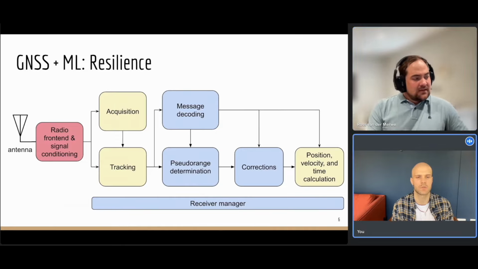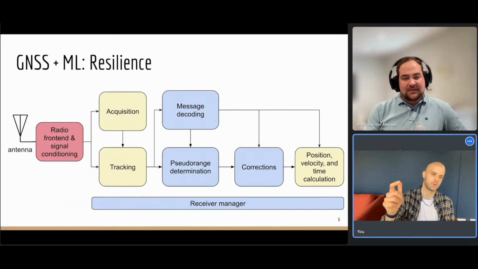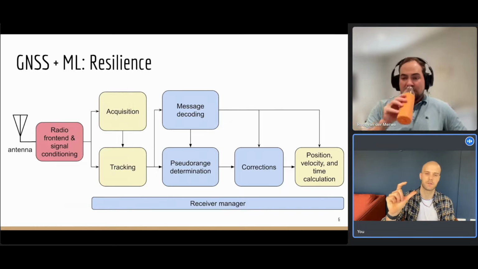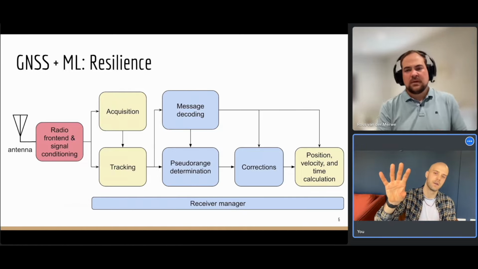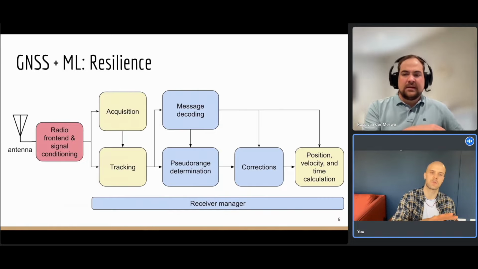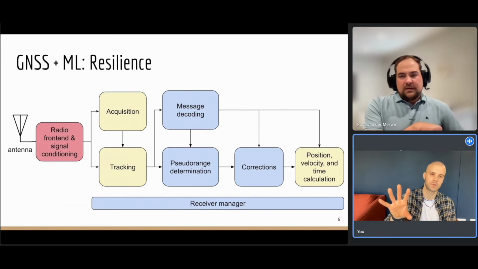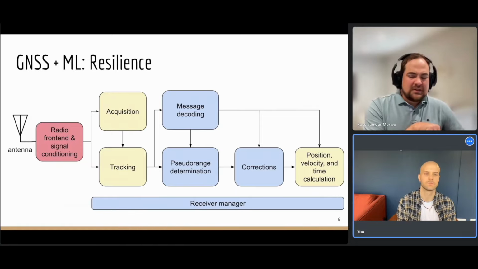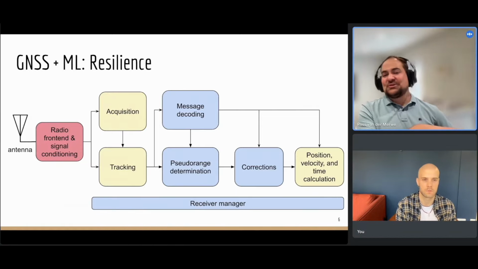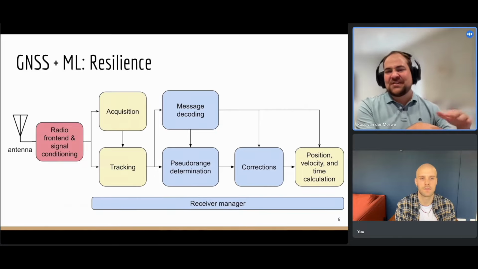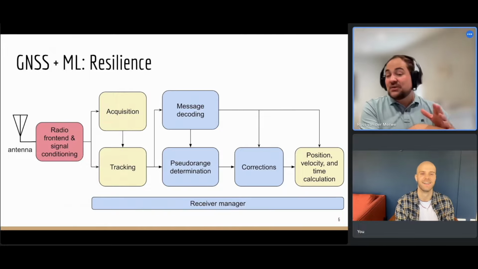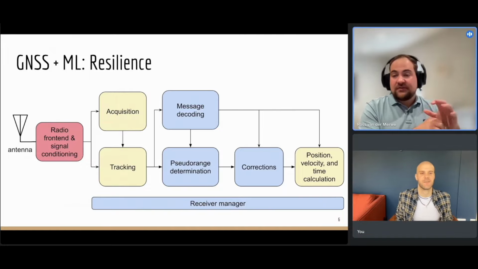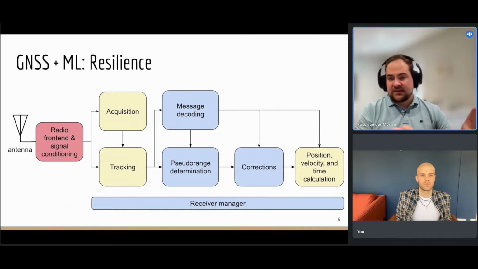So I can imagine, Ross, here, the color is proportionate to how much you can use ML in that specific block. And then message decoding, pseudo-range determination, and correction is basically where it is not used. Is it correct? It's not used. I would say it's dangerous to say it's not used there. I'll probably say, yes, definitely, they'll never use it there. And then tomorrow, someone will send me a link and say, hey, have you read this paper? So it's not impossible. But definitely, if you look at where the research is happening, what people are doing, it tends to be grouped in these locations in the receiver. Perfect.